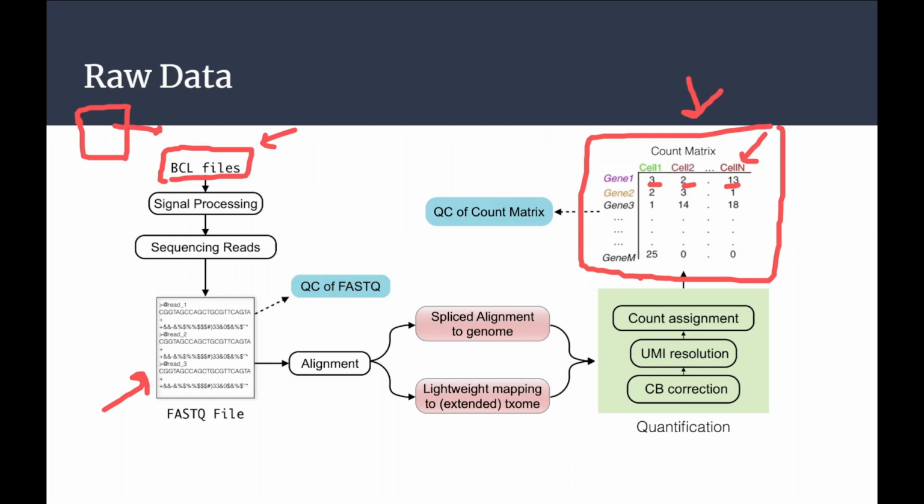A count matrix will have the information for the gene, cell, and their count. That means the number of reads present for gene 1 within cell 1, the number of reads for gene 1 in cell 2. So these make up the count matrix, and we need to reach this stage. So if you're doing your own experiment, you will face these steps, starting with the FASTQ file, doing the alignment and everything.